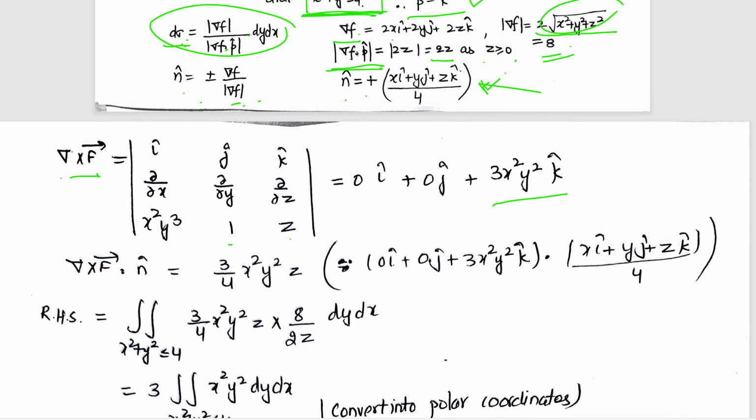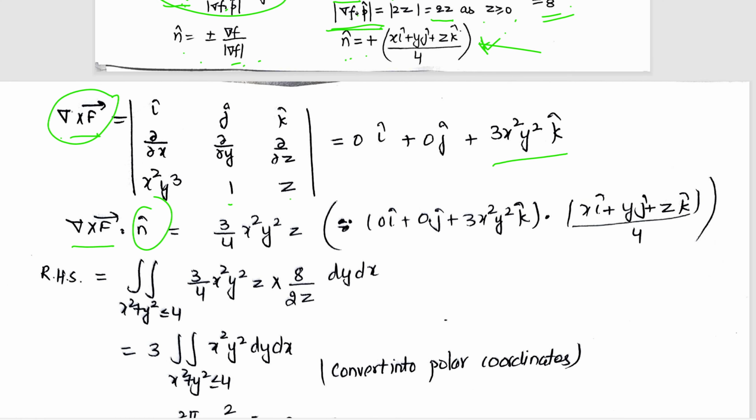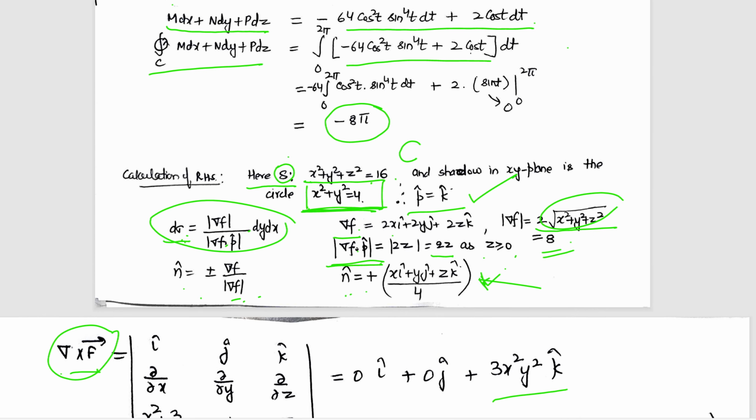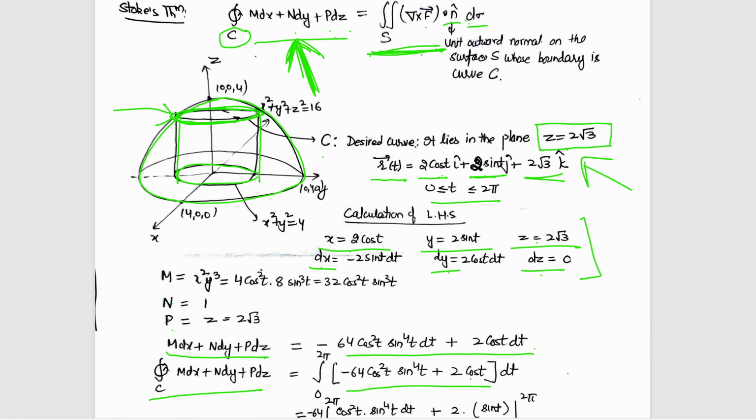So we already calculated the unit normal vector, so we can find the dot product of curl of F and n cap, which is equal to this nice function,